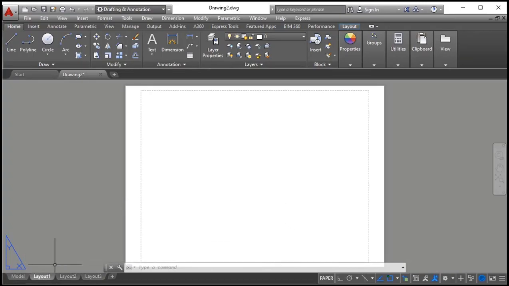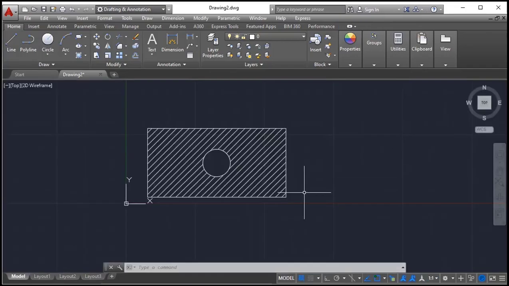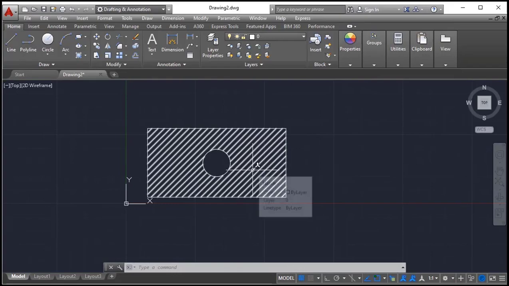In layout 1 we got A4, this is A2, in layout 3 is A0. Like maximum paper sizes available in the market itself. Sometimes, as per client requirements, we need to take the print with respect to the scale. We need to apply the scale to the objects. I am not applying any scale.